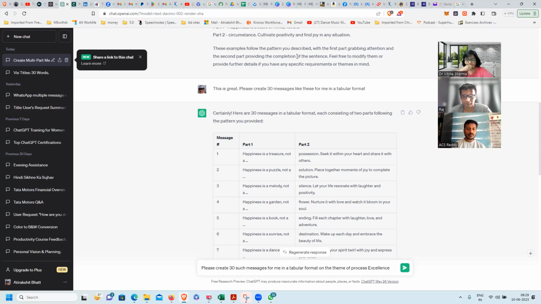So it becomes very generic. I would prefer that my second part would have the name of some tool that has been used or that can be used. So then I'll modify the prompt and I'll tell it, you know what, in part 2, can you add the name of a tool as well? So then it will again rewrite and give me those 30 things. And then once I'm satisfied with the 30 ones I've got, I'll say, okay, give me another 30.